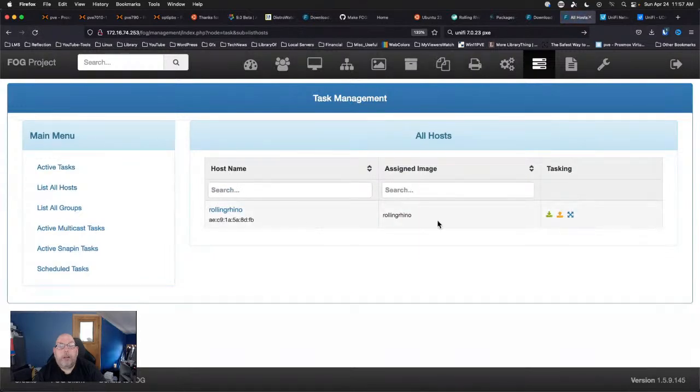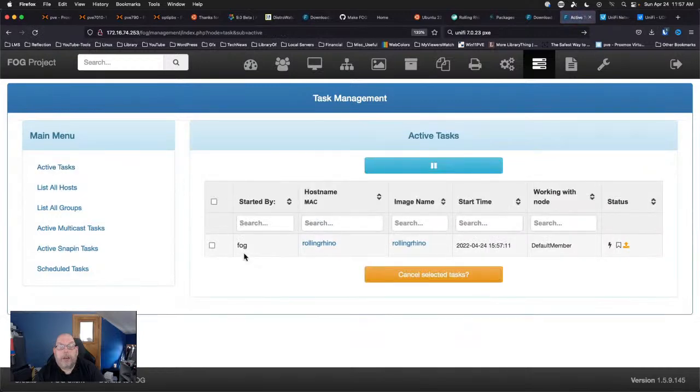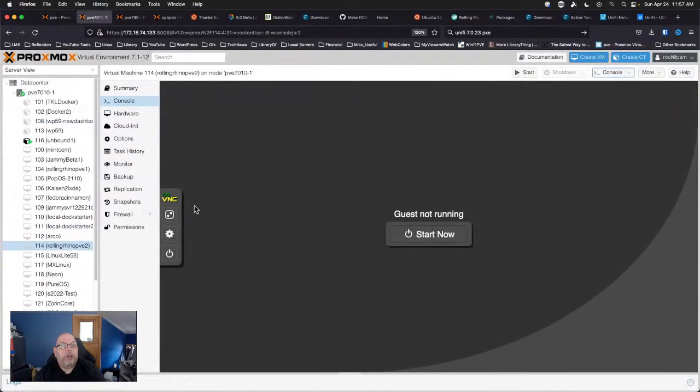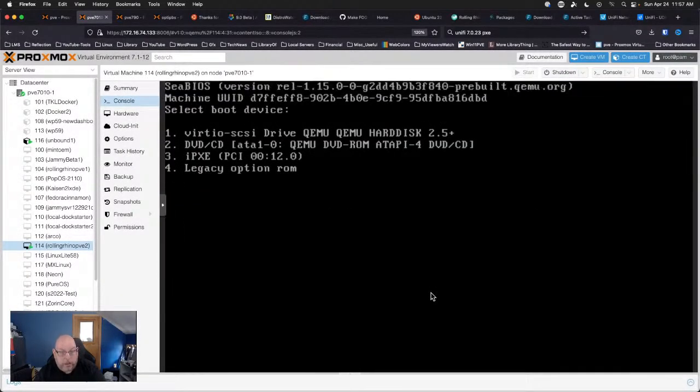That's interesting that it didn't capture task successfully. So, active tasks. All right. So the task is queued. It's a capture task. So if we jump back to our Rolling Rhino, start now, and number 3,